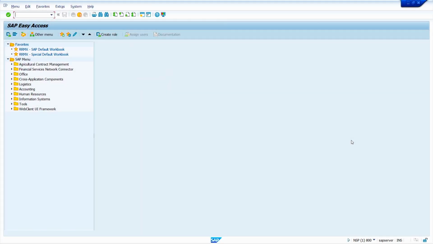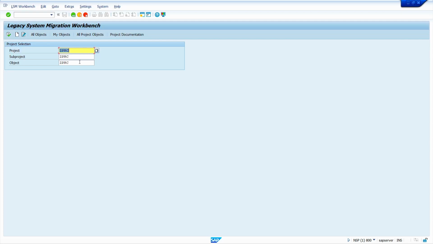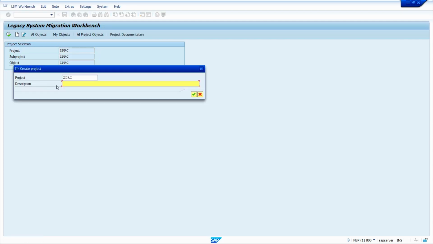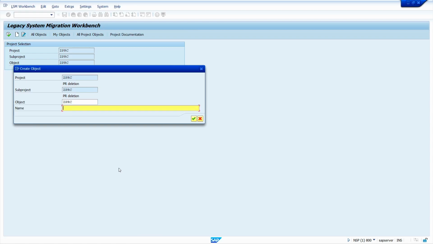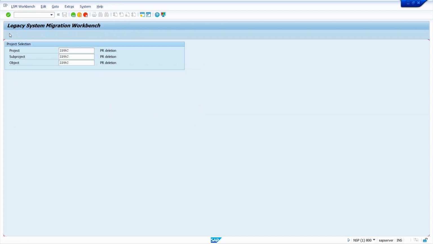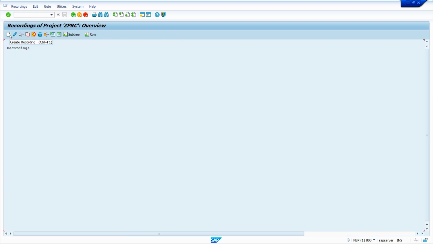In the second method, we can use the LSMW recording method. Enter the transaction code LSMW, press enter key. Again enter project, subproject and object, click on create, enter description, press enter key, enter description. Once we enter the description, click on continue button, click execute button, click again execute button, go to change mode, select recording option, click on recording overview, click on recording, create recording